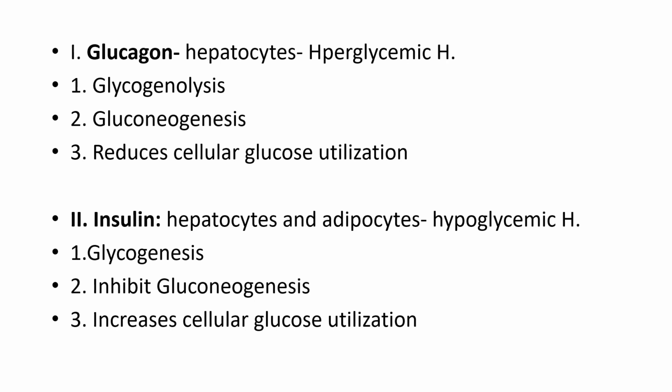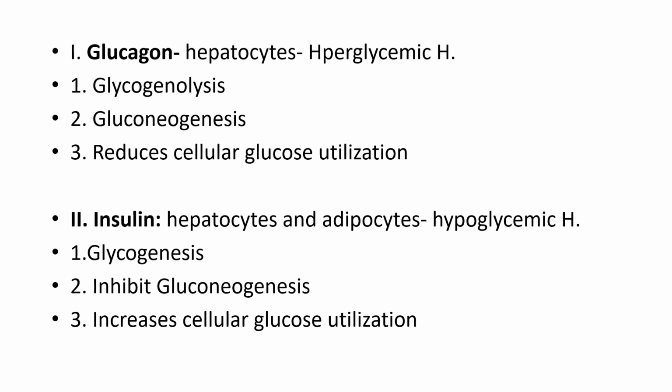And then insulin secreted from the beta cells of the Langerhans acts over the hepatocytes and adipocytes, that is fat cells, and it is a hypoglycemic hormone. The mechanism is glycogenesis, that is conversion of glucose into glycogen. Then it inhibits gluconeogenesis, and it increases cellular glucose utilization, and in this way it decreases the blood sugar in